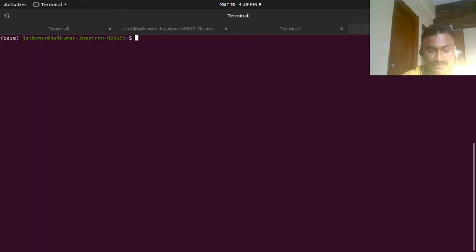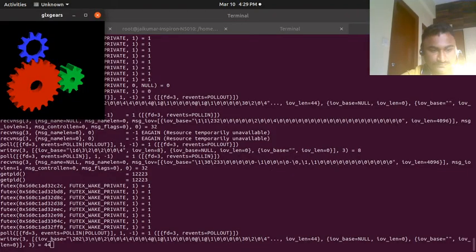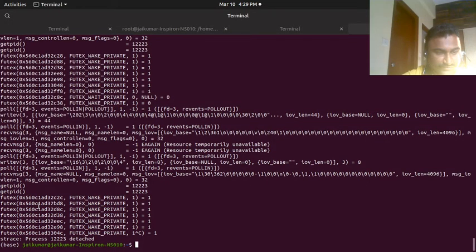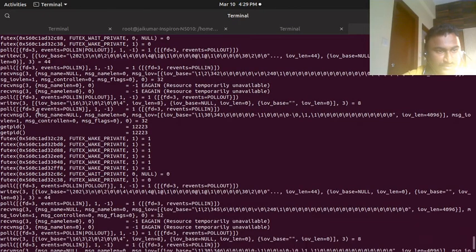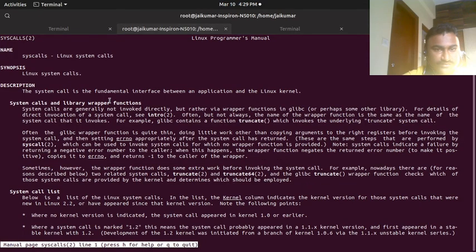Then next, let us see the library. Then next I am going to run strace on a user bin command. In the background it is calling a lot of system calls. It is getting the process ID, and a few other calls, and process ID, poll, getpid, everything is system calls. If you want to know anything specific, you can just go to the system call man page.